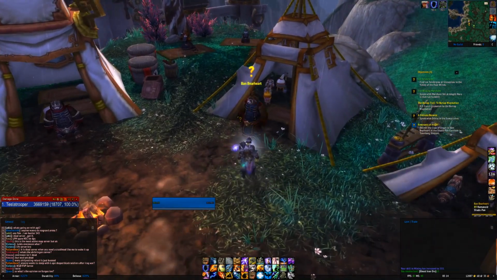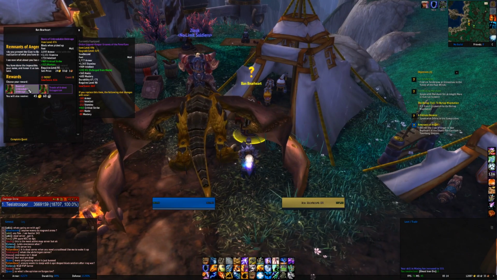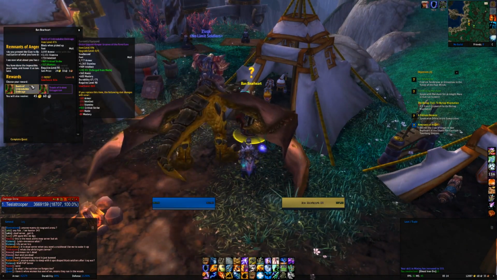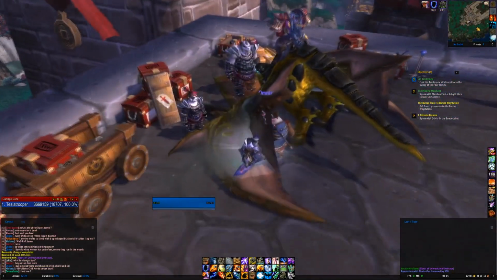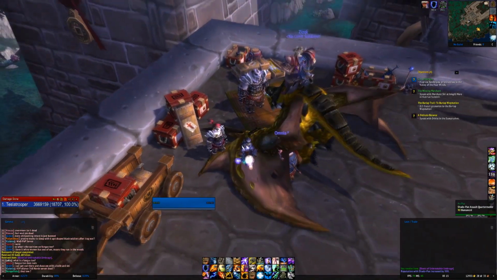Right, and after those world bosses, it's time to hand in this real quick. The Claw of Anger from the Sha of Anger, which unfortunately does not give us an upgrade. It's a 476 item, but still, that's a little bit of gold. Always appreciated. Alright, here we are at the Valor and Justice vendors, because I want to show you guys what